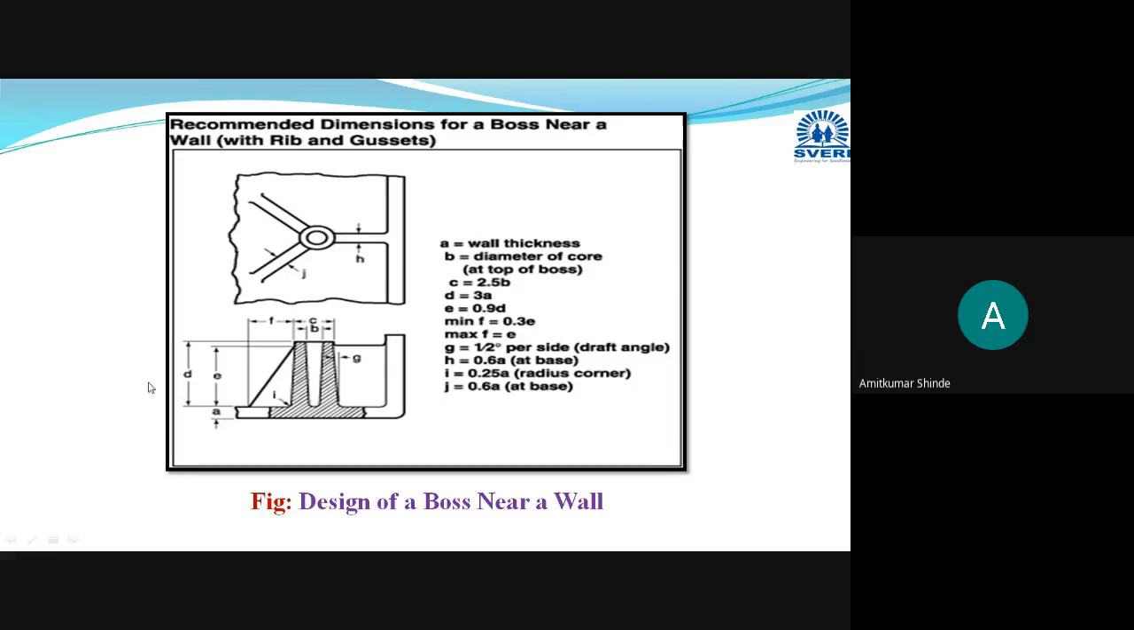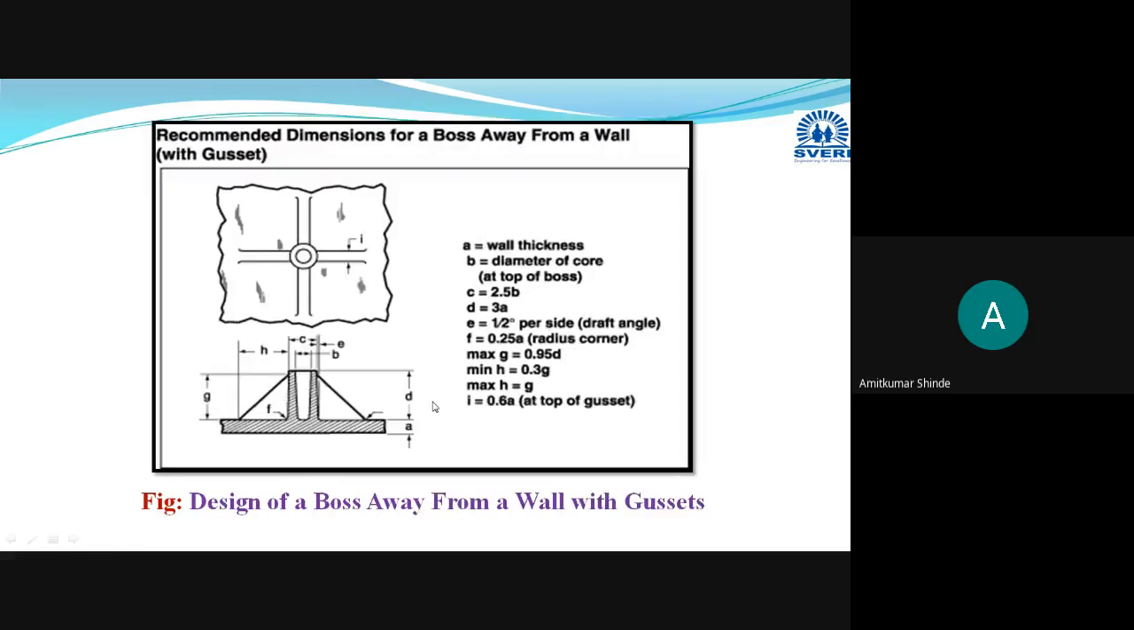You have to follow these instructions while designing a boss near the wall. And whenever you are designing a boss away from the wall, then to provide strengthening for that boss from all four sides, you have to provide the gusset. Okay, gusset or a rib. Generally, gusset is used here. Okay, these gussets are used,